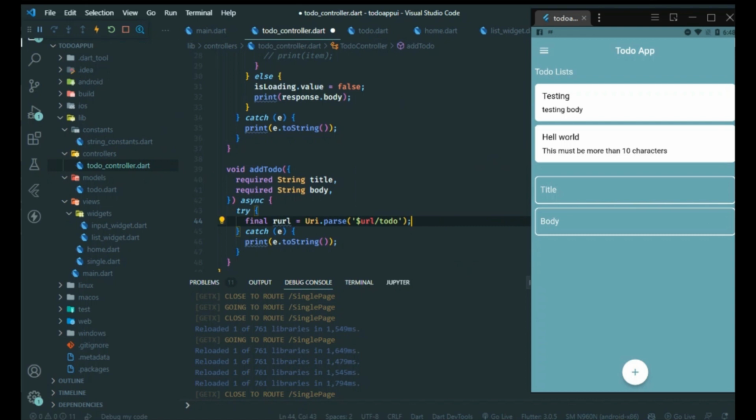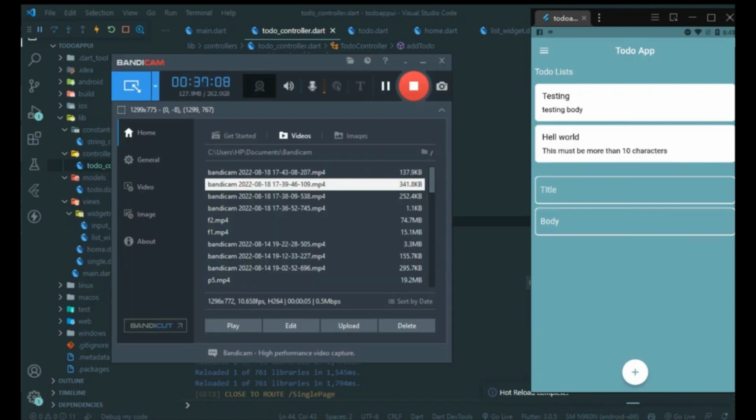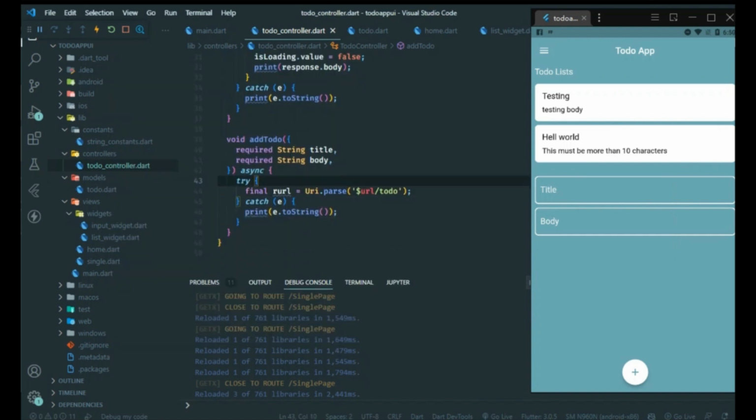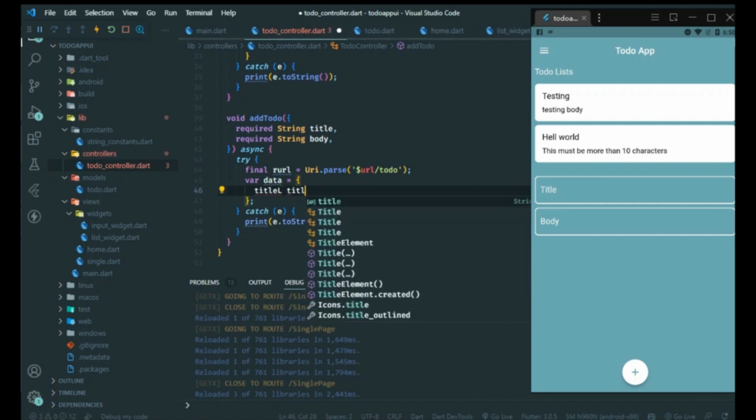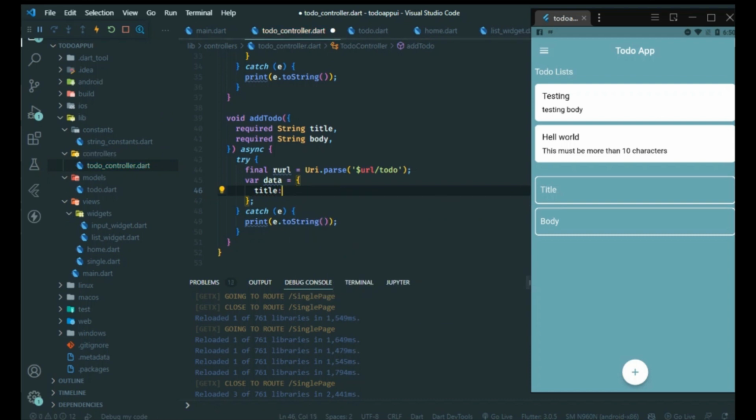I think so. It's also possible like this. All right. So after doing this, we can go ahead and create bar data, which is going to be something like this. So title is equal to title. Then body is going to be equal to body. Alright, good. So once that is done, what we're gonna do is